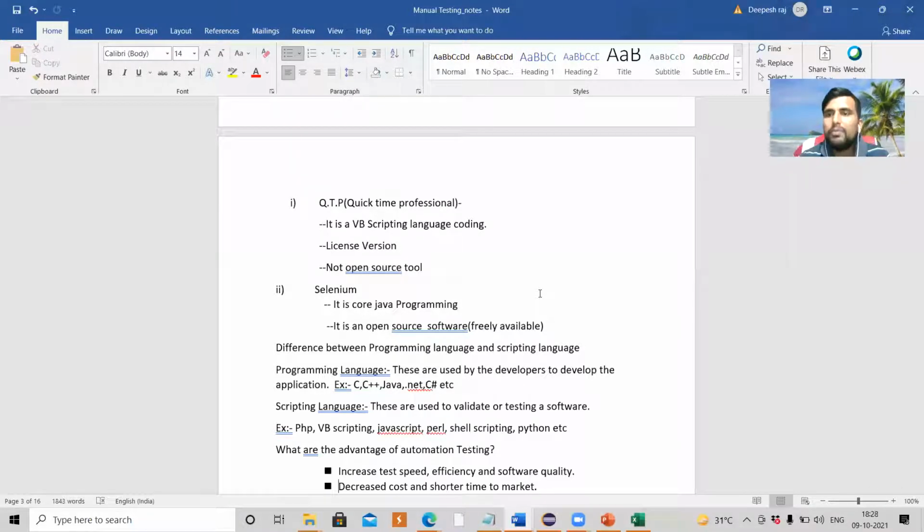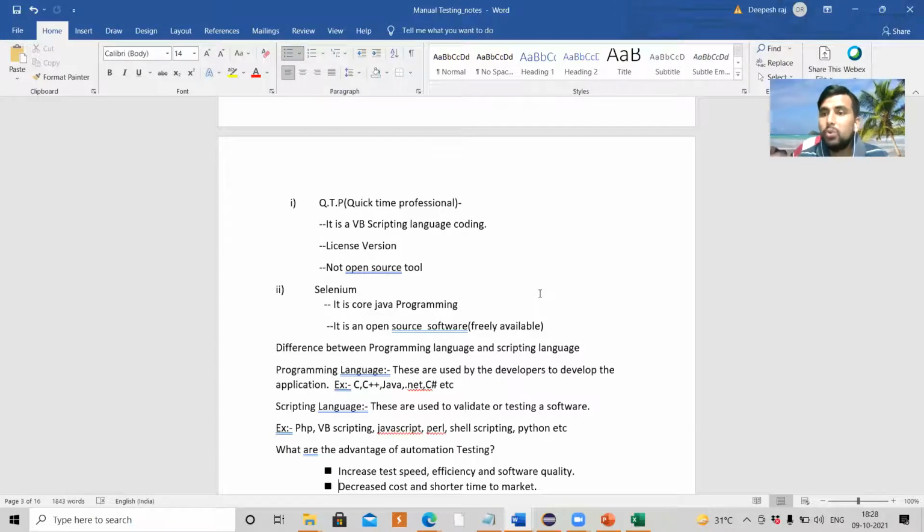So what are the advantages of doing automation testing? The advantage is speed. If you are going to test any whole application manually, it is going to take time. Someone will sit there and test the application manually, he will open the browser. But in Selenium, we will write the script and run that particular script, and it will go and test all the features of the whole application.